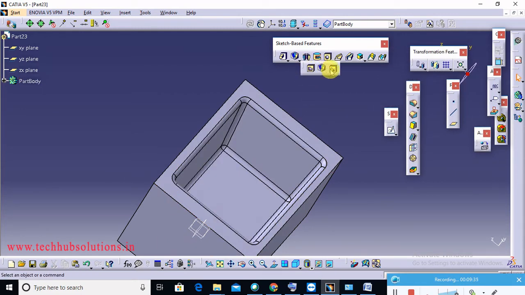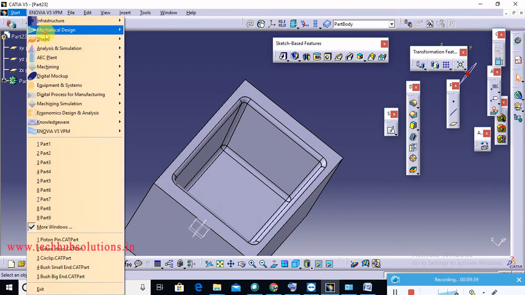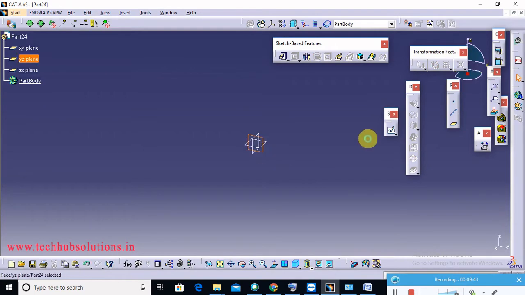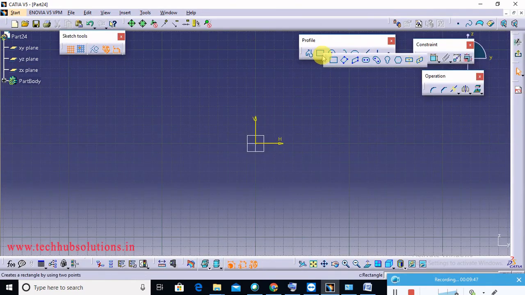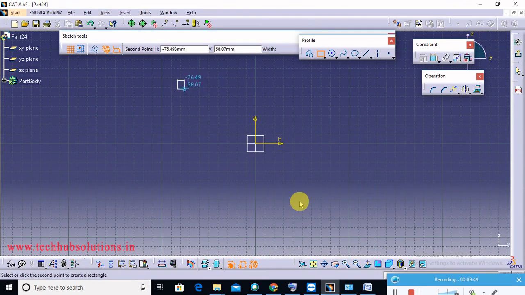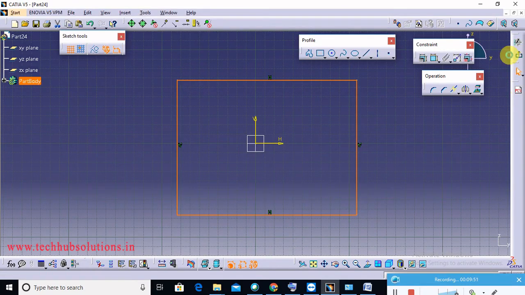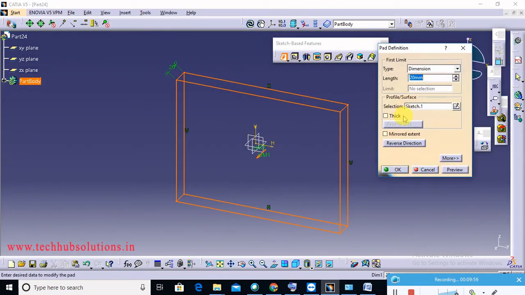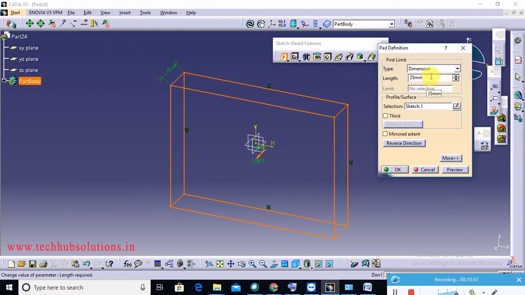Next one is multi pocket. Multi pocket means suppose first create part design, there is an option, suppose this one is 200.